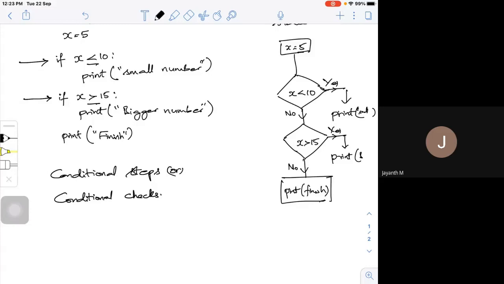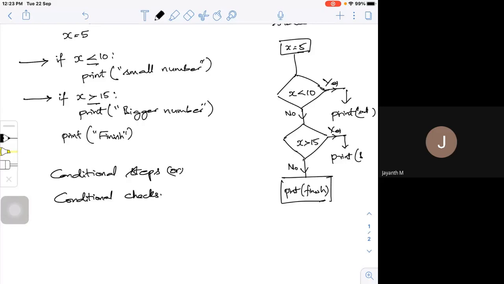Sometimes some books, instead of yes and no, call it true or false. If it is true, it has to execute one command. If it is false, it has to execute one more command. So the condition statement, once it is checked, will be true or false, yes or no. And the comparison operators look at the variables and do not change the variables.